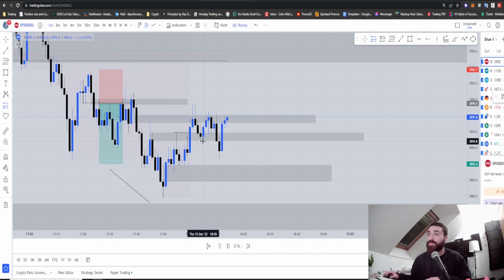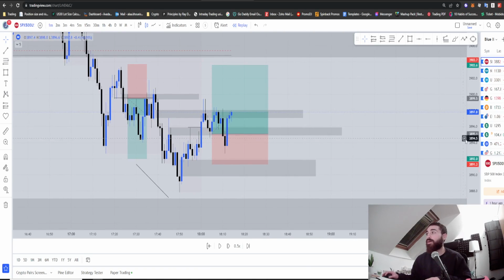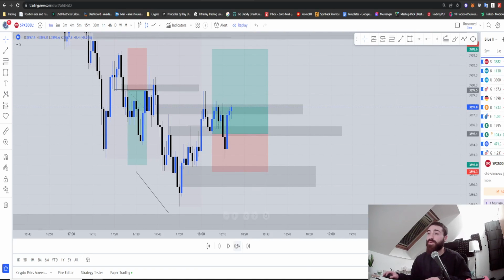So my idea was to buy here with my stop loss below these lows, and my TP above, basically somewhere around here, above this high, 2.2 RR. This was my plan, but when the price came here, I thought that, okay, that's it, we're going